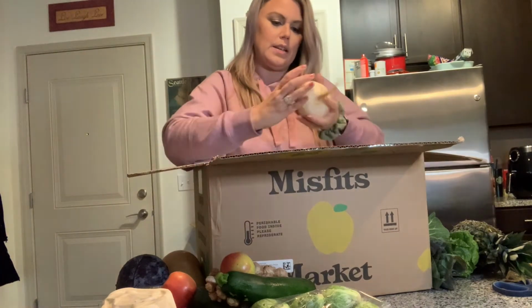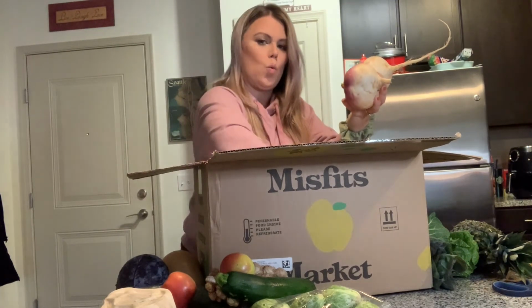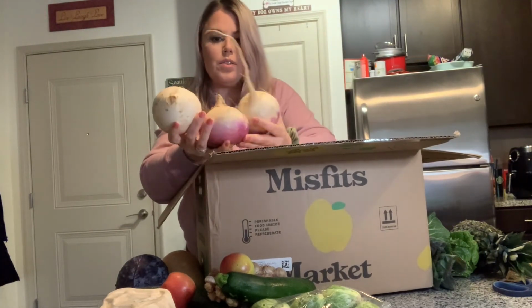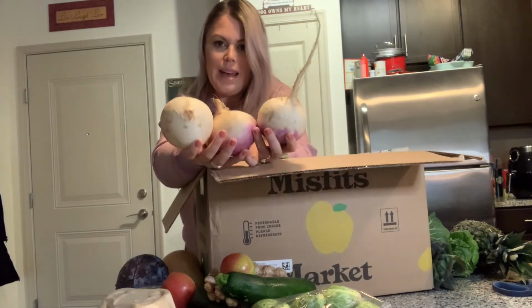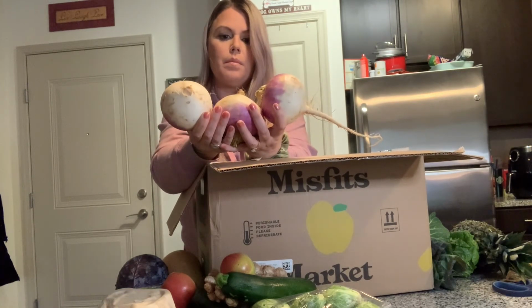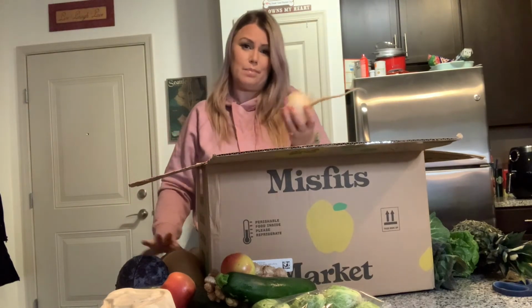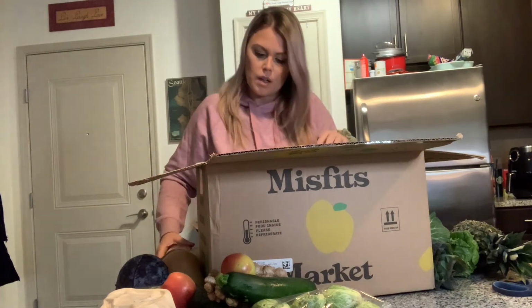What do we have? Lastly, these guys. Quantity wise, I'm not really sure where their head's at because this is a gigantic quantity. What are these, turnips? For like 2 people. But the apples, they give 2 tiny apples. So, whatevs. Again, this is one of those things that I don't usually cook with. This little guy has some roots on him. That was my point of making this box, to kind of broaden out my scope. So anyways, that was everything we had, and